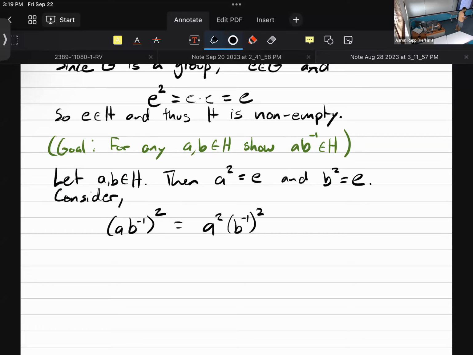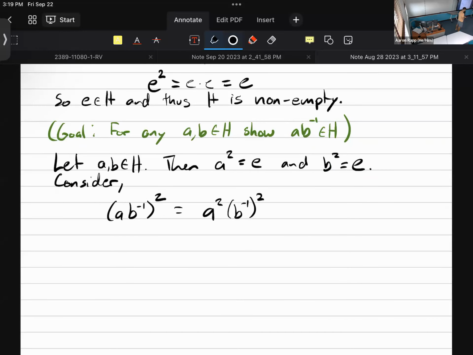A squared is the identity. Here, look over B squared. And what's the inverse of B squared? I don't really know anything about the inverse of B. I don't know if it's in the group. You might be able to go back and show B inverse is also in that set H, which shows it. You can probably finagle it from there. But he also eliminated a bit of information.